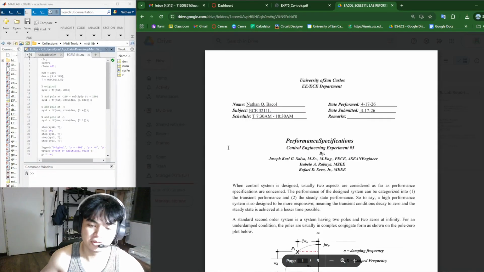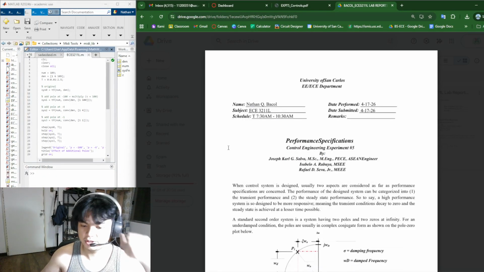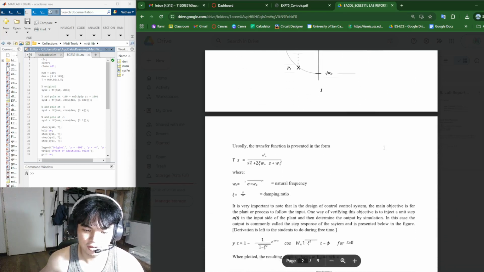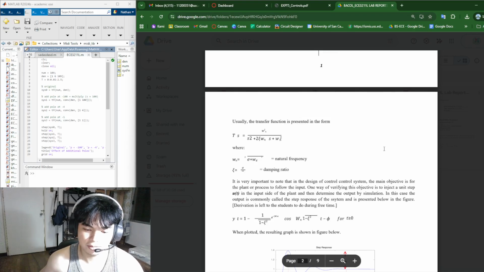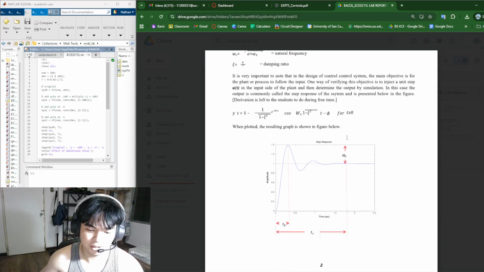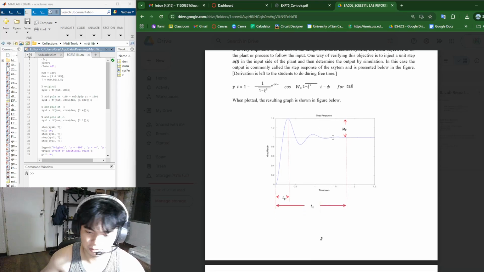So in the first part of the experiment, we reviewed the concept of second-order systems, and the performance of control systems is divided into transient response and steady-state response. And in a second-order system, it is characterized by parameters such as the natural frequency, the damping ratio, and the damping frequency. The main goal here is for the system output to follow the input, which we'll be checking